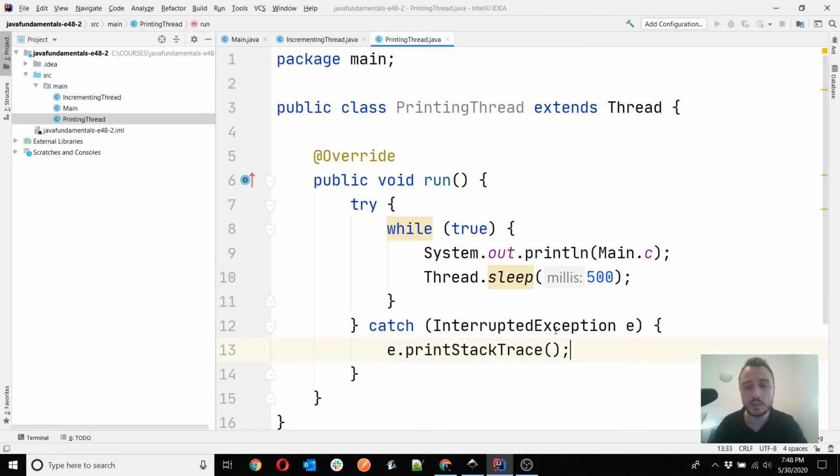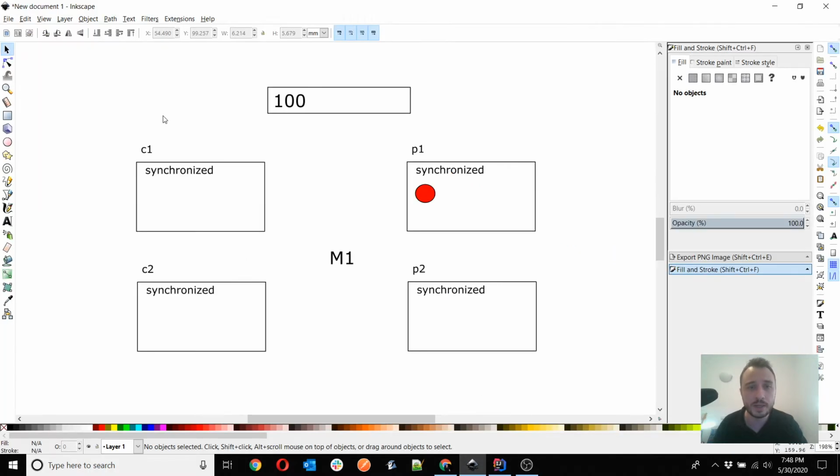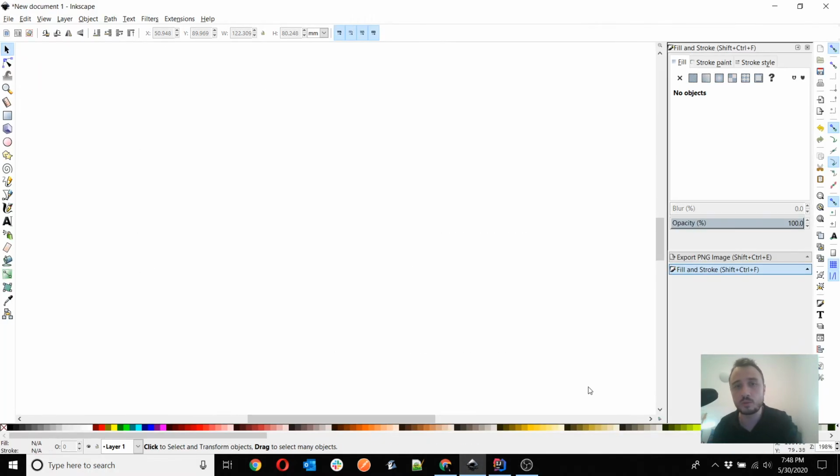Now the question is, and again this is something that you can't really prove by running the code, but I wanted to write the code so that you see it, to understand better what I want to do here.